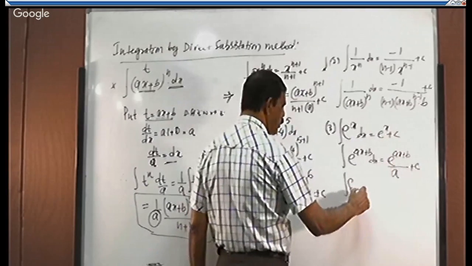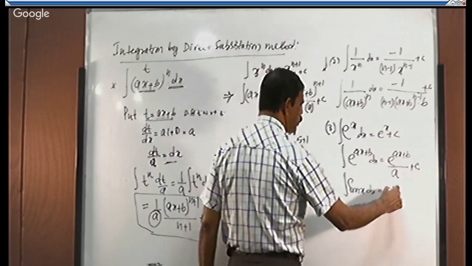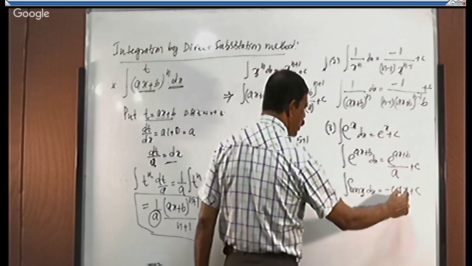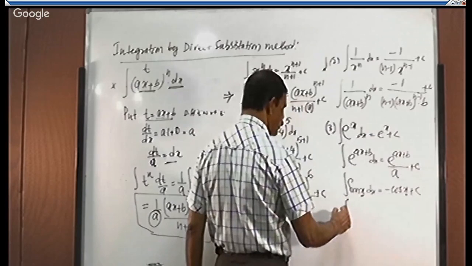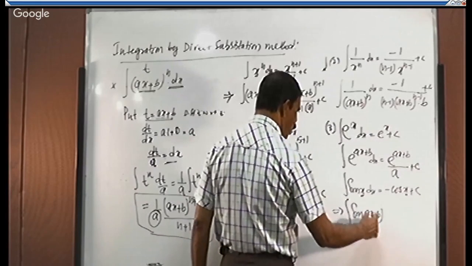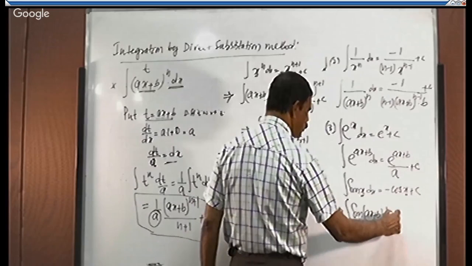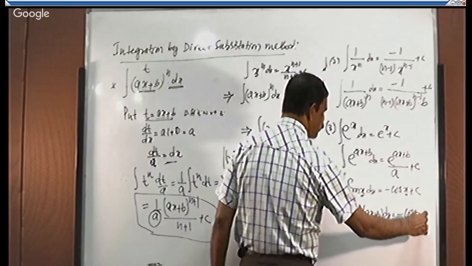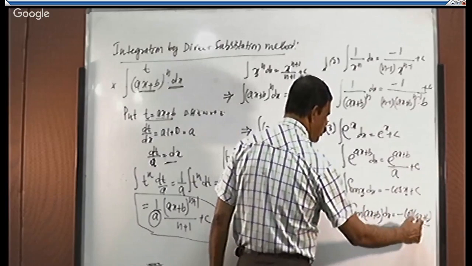Integration of sin x is what? It is minus cos x. Correct? Suppose we take x and write ax plus b, what happens? Integration of sin of ax plus b dx is equal to minus cos of ax plus b divided by x